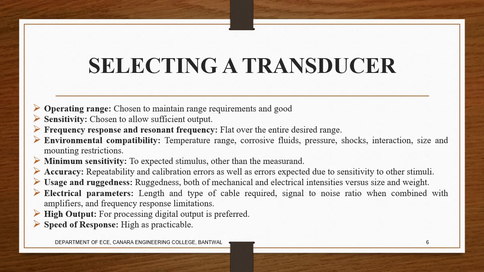Frequency response and the resonant frequency have to be very flat. Why flat? Because if any fluctuation or variation is there, we cannot determine at what frequency it has to be done. As we know, f equals 1 by T, so it indirectly affects the T. So the frequency response and the resonant frequency should be the same. Then we can look for a desired range and set whatever process into those frequency ranges.